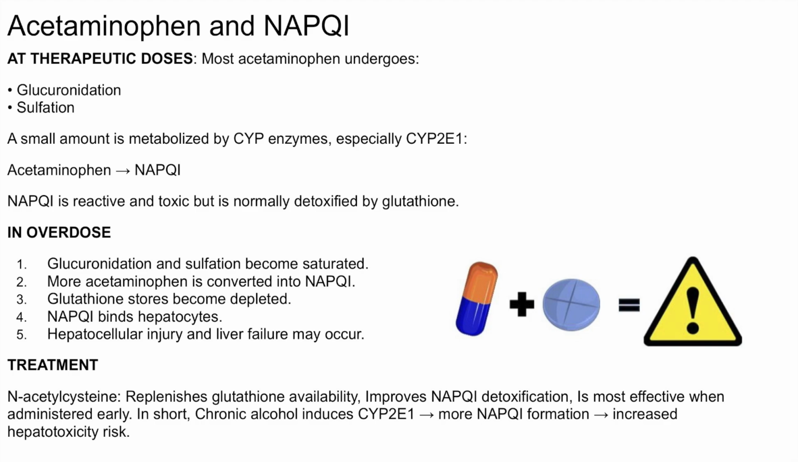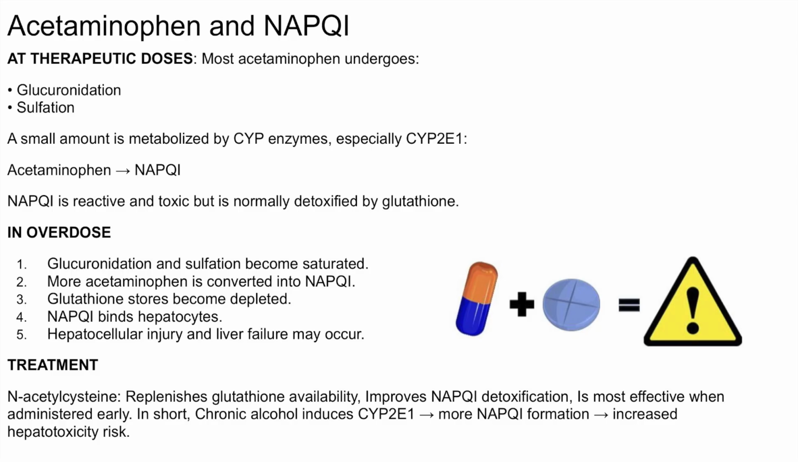All right, so getting into acetaminophen poisoning, right? So at therapeutic doses, most acetaminophen undergoes glucuronidation or sulfation and is safely eliminated. A small fraction is oxidized by CYP enzymes, particularly CYP2E1, that ethanol one that we talked about, into NAPQI, a highly reactive metabolite. Normally, glutathione rapidly conjugates and detoxifies NAPQI. During an overdose, though,